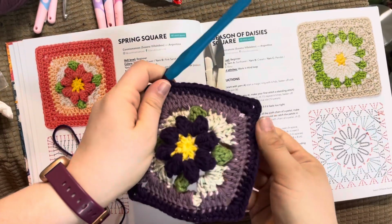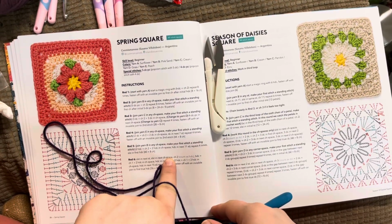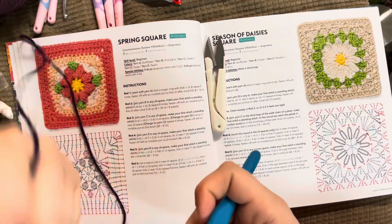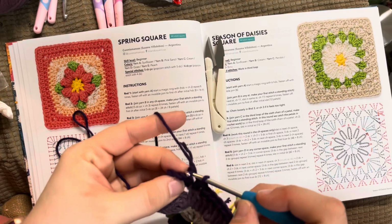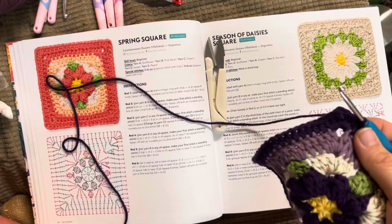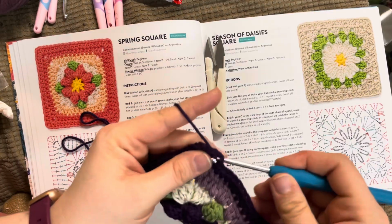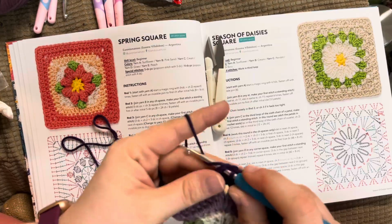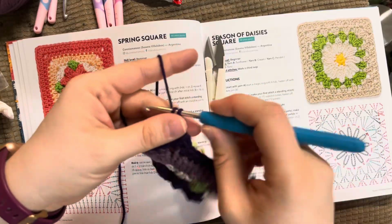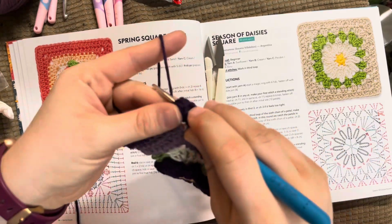And we're back. So now we've got that first round of the dark purple all the way around, and it says to slip stitch in the first half double crochet, so that's what we're going to do. I'm going to slip stitch right here, and it says to slip stitch into the chain 2 space, so that's what we're going to do. We slip stitched, chain 2, which counts as a half double crochet, and then we're going to half double crochet, chain 1,